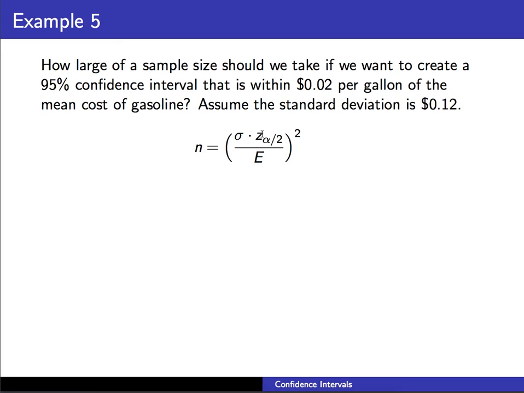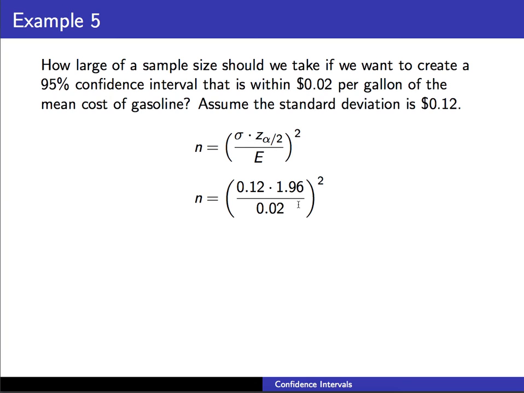And by the way, it's not going to matter if we put positive or negative 1.96 because we're going to end up squaring it anyway. And when we square positive 1.96, it's the same answer as squaring negative 1.96. And our margin of error here is 2 cents per gallon. So that's the error value that goes in our denominator. So putting those values in and just calculating it all out, this is just basic calculator work at this point. We get